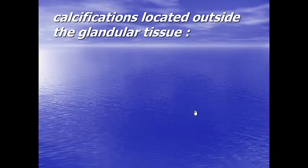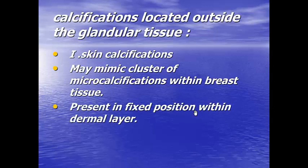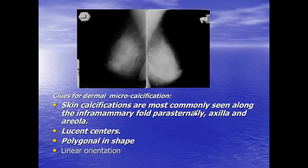Then we have calcification. So calcification inside the glandular tissue, either ductal or lobular calcifications. We have calcifications located outside the glandular tissue. And the most important of them are the skin calcifications. They may mimic a cluster of microcalcification within the breast tissue, and they are present in a fixed position within the dermal layer in most cases. Like in this case,